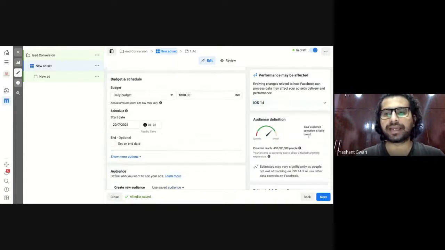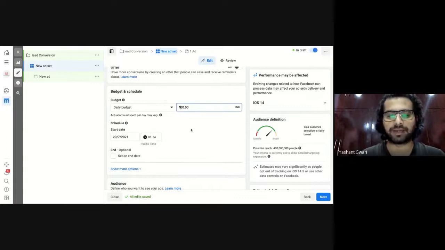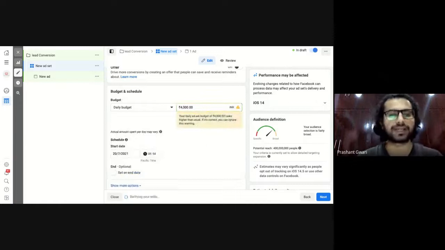So as you remember, the budget you decide will be based on how many leads you can manage in one day. Second thing is that if you are running an advertisement for an e-commerce website, how much sale you want, how many products you want to sell in one day, depending upon that you will set up your marketing budget here. Let's say I want to spend 4,000 rupees per day on this advertisement, and so after seeing the advertisement, people will visit my website and fill the lead generation form on my website.